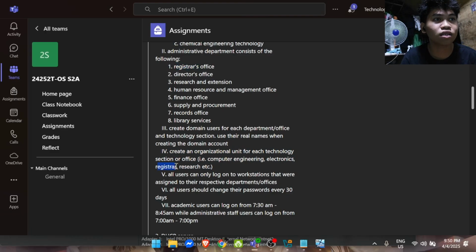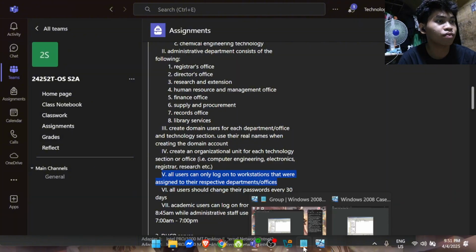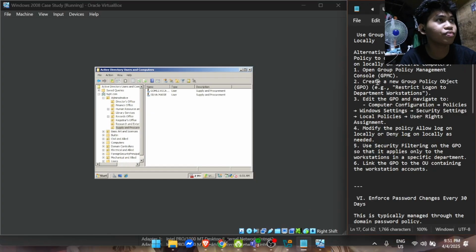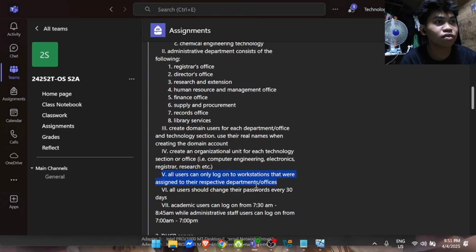Registrar's office and registrar. So let's now move forward to Roman numeral number 5, which is this one. All users can only log on to workstations that were assigned to their respective departments or offices. So, is that correct? Good.